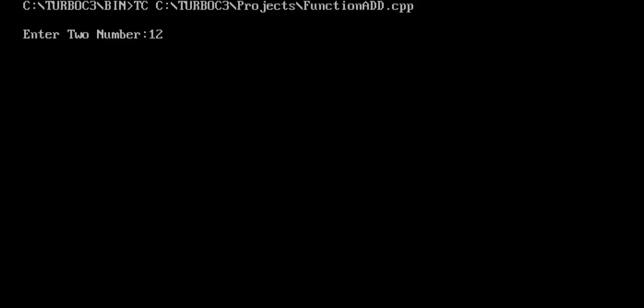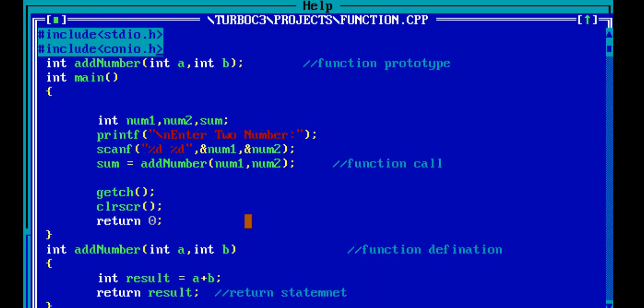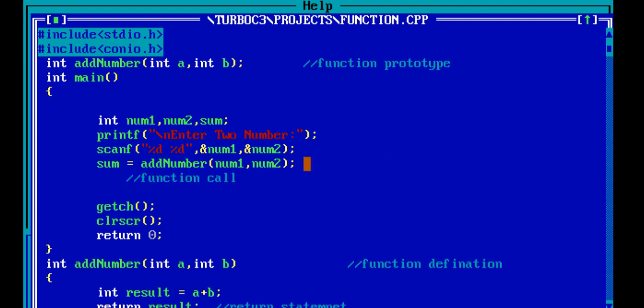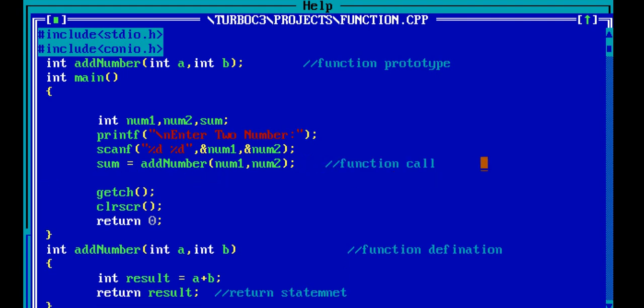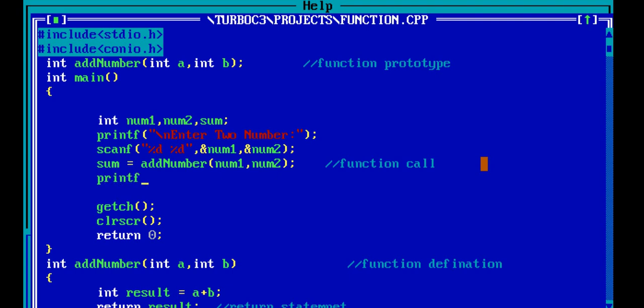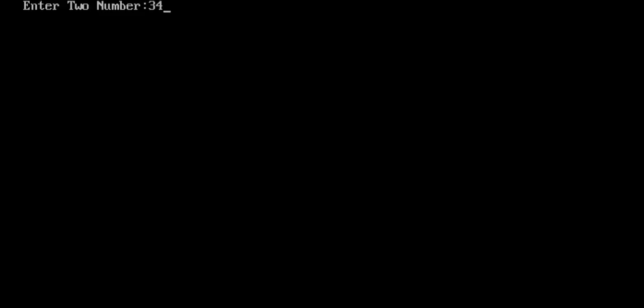Okay, enter two numbers, I have entered 12, then 23, so enter, बाहर आ गया, प्रिंट नहीं करा अभी, लेकिन मुझे प्रिंट भी तो कराना पड़ेगा ना इसको। यहाँ पे रिटर्न स्टेटमेंट है, आप जो इसको कॉल करा रहे हैं, यहाँ पे आप प्रिंट करा दीजिए। अभी हम सम को प्रिंट करेंगे। printf में जाएंगे, और यहाँ पे backslash n लिख देंगे, sum is equal to %d, comma, और ये आप sum प्रिंट करा देंगे, तो आपका सम प्रिंट हो जाएगा। Control F9 करेंगे, दो वैल्यू मैंने एंटर कराई, 23, और ये आपका सम प्रिंट होगा।